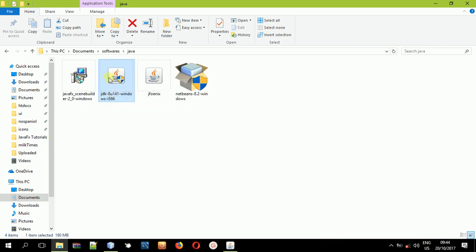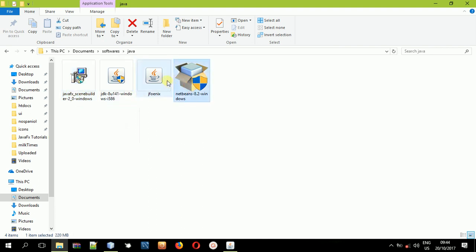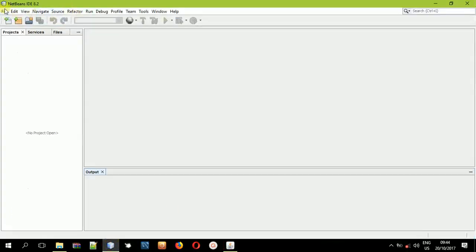So make sure you have the JDK installed on your computer, and JavaFX Scene Builder installed, and also make sure you have installed an IDE. I'll be using NetBeans 8.2. That's it. So these three applications are what you will need, and after doing that, let us now